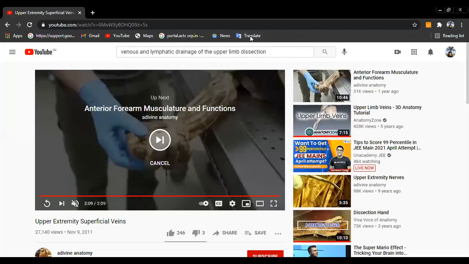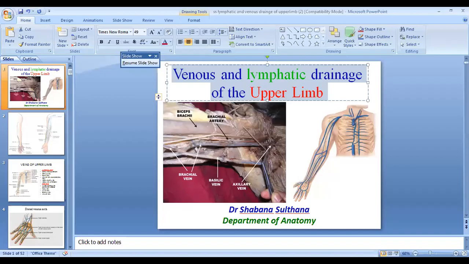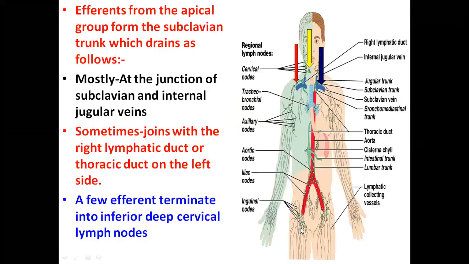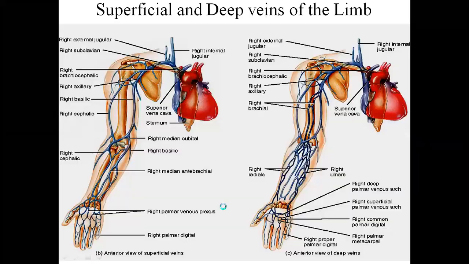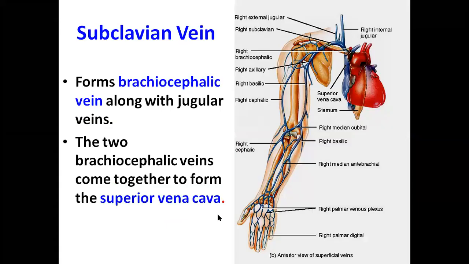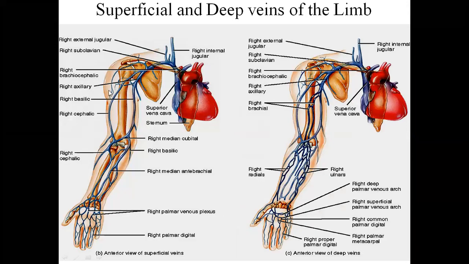So that's what we have studied. I hope you understood this. Just try to read it for yourself, the venous and lymphatic drainages. A quick overview of the venous drainage: I told you we have superficial veins and deep veins. Superficial veins like the dorsal venous arch. From the lateral side we have the cephalic vein, and on the medial side the basilic vein. Connecting them is the median cubital vein. Finally, the cephalic vein makes a turn and opens into the axillary vein. That's why it is not suitable for catheterization. The basilic vein goes in a straight line and opens into the axillary vein.